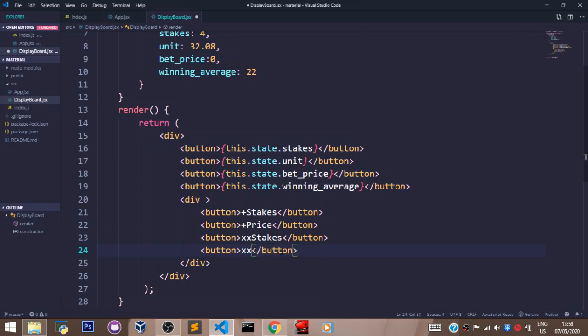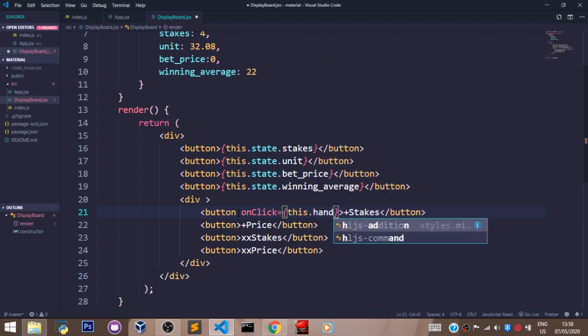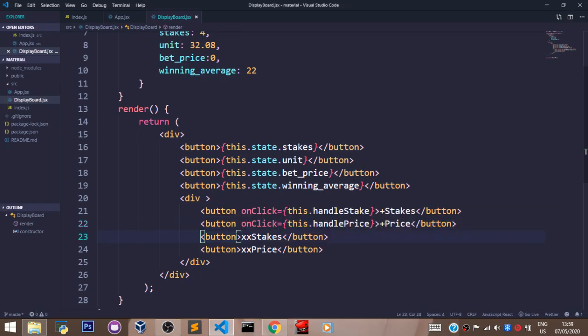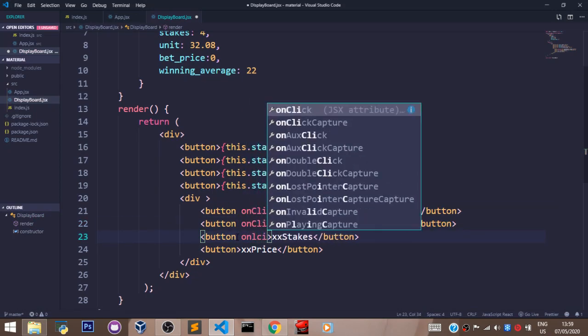Let's set this to price, to clear the price that they have on their board. So we are going to go along with this. First things first, let's create an onClick event here, and we are going to set the onClick event to, let's say, this.handleStake, because it's going to be a function that we will create. And this other one here is going to have an onClick event also, which will be set to another function, this.handlePrice. And this one right here is going to have an onClick event also